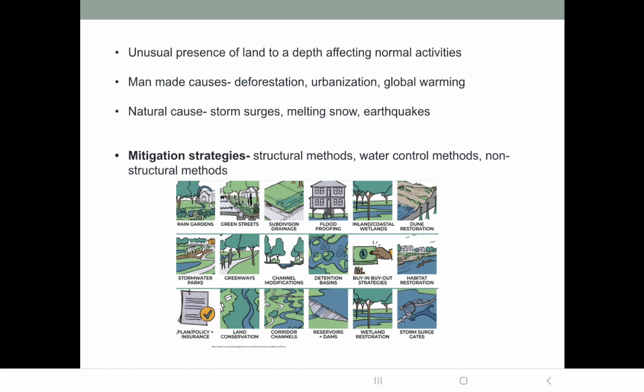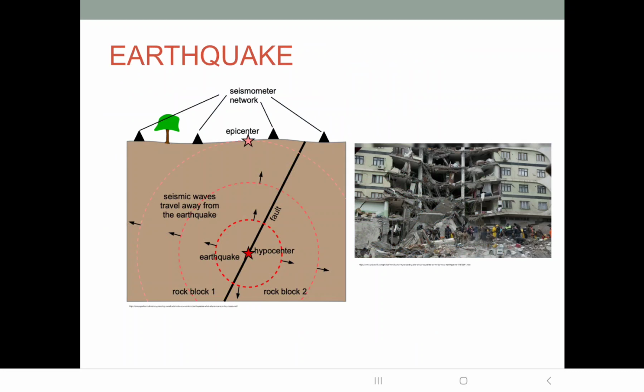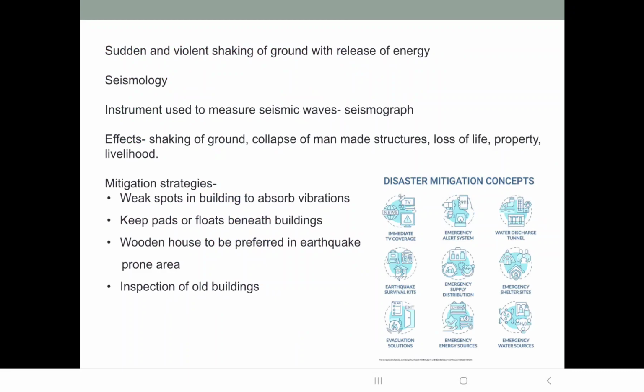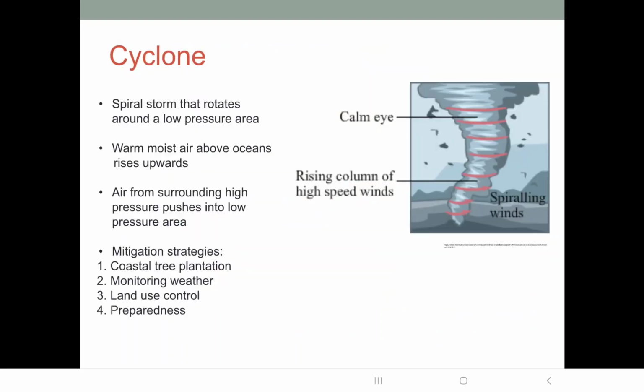Causes of flood we have discussed. Those are man-made causes and natural causes. Again, mitigation strategies we have discussed. Then in this lecture we discussed earthquake, how it is caused, what are seismic waves, then seismograph, effects of earthquakes, mitigation strategies that are there, then seismic zones of India, cyclones, how is a cyclone formed, and what are its effects,